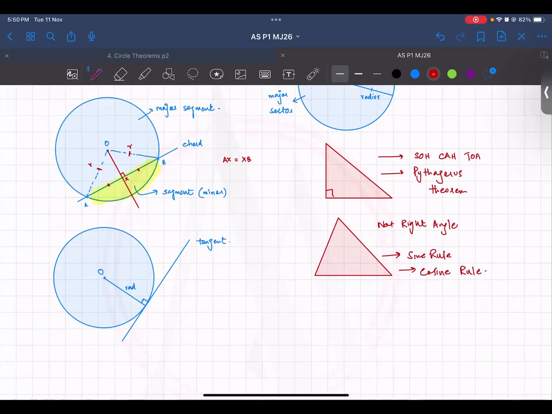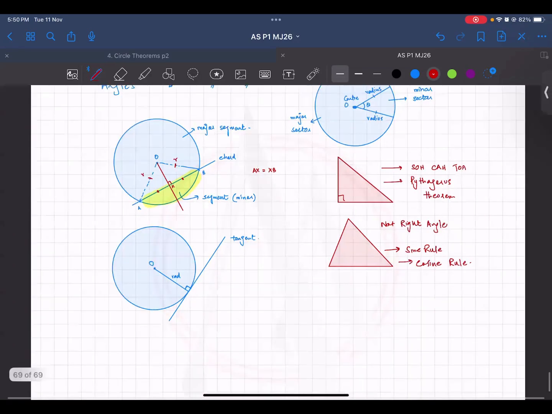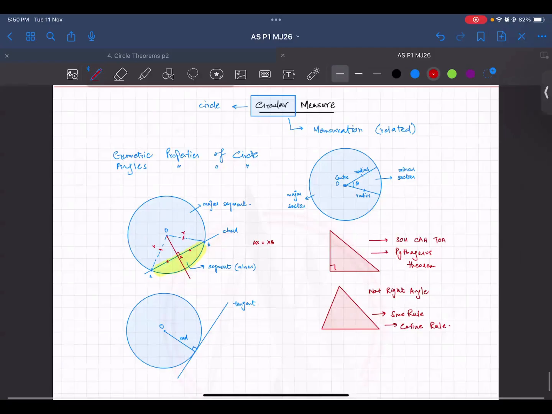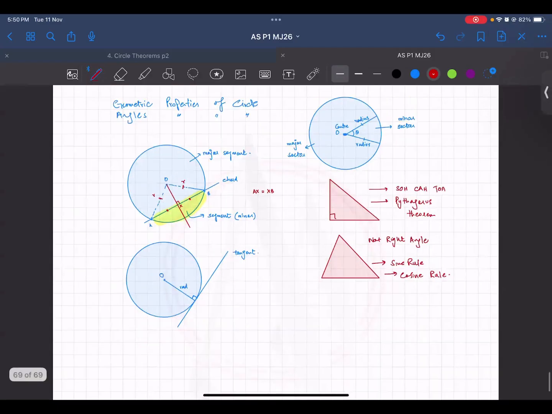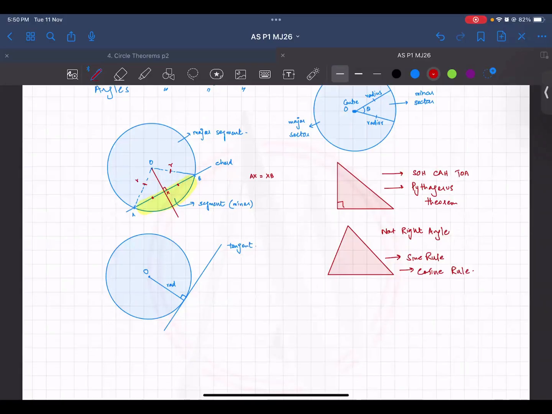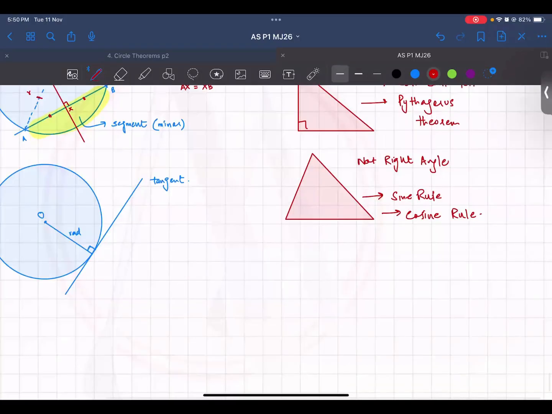If the triangle is right angle, then only you can use the SOHCAHTOA and the Pythagoras. If it is not right angle, then you use the sine rule and the cosine rule. These things are very very basic things, and I know that people can forget, but this is just a reminder. Revision. Right angle triangle. And for the area of triangle,